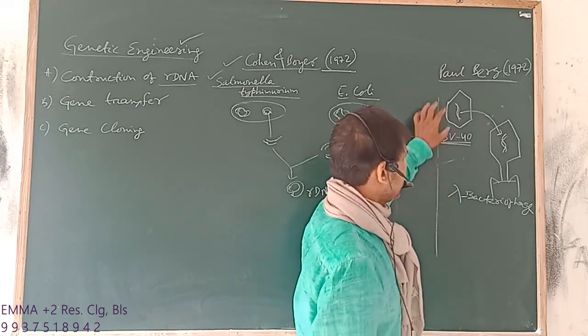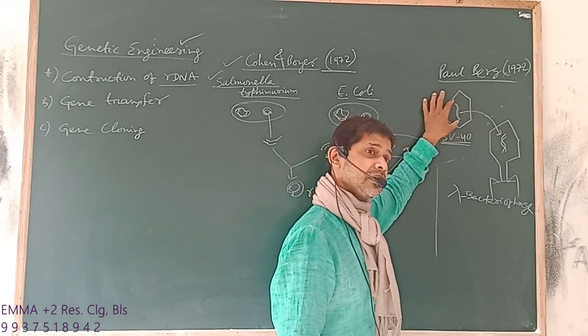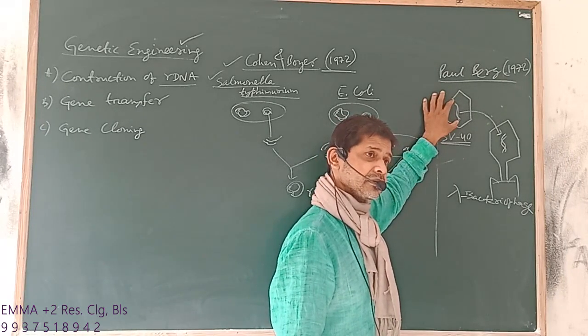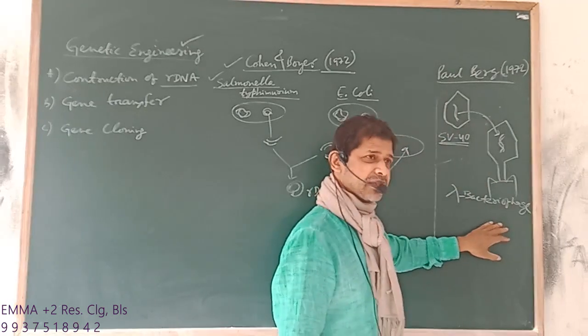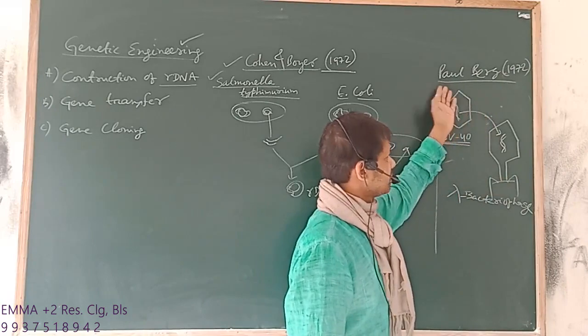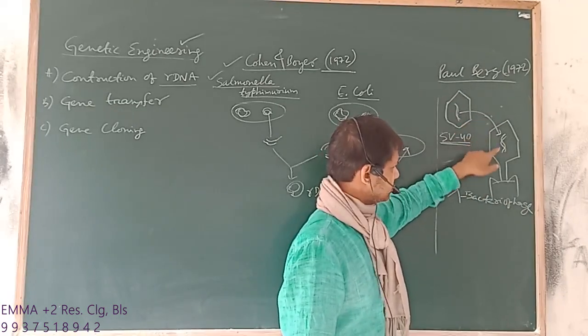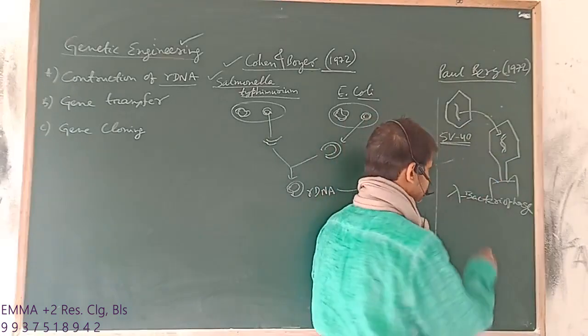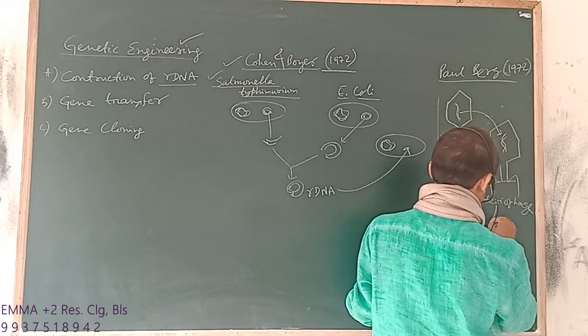Like this, the SV40 virus can attack only animals, mammals, so it never attacks a bacterial cell. That's why Paul Berg isolated the DNA and introduced it into the bacteriophage, and this bacteriophage was allowed to attack, so